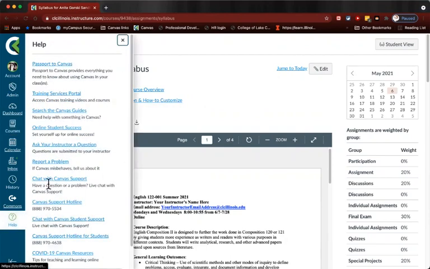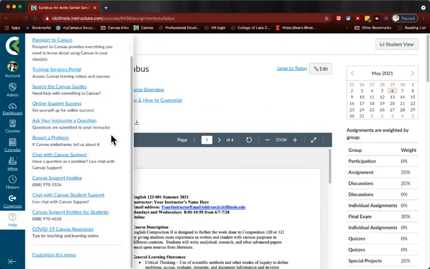in the global menu. And in the global menu, you have two options. You can either do a chat with Canvas student support. Now, I will tell you that this chat takes you to Canvas support. This doesn't take you to a person who works for CLC. This is the global Canvas support system. Same thing here, this phone number, Canvas support hotline for students. So you can call that number and speak to someone over the phone as well. So these are two options that you have.